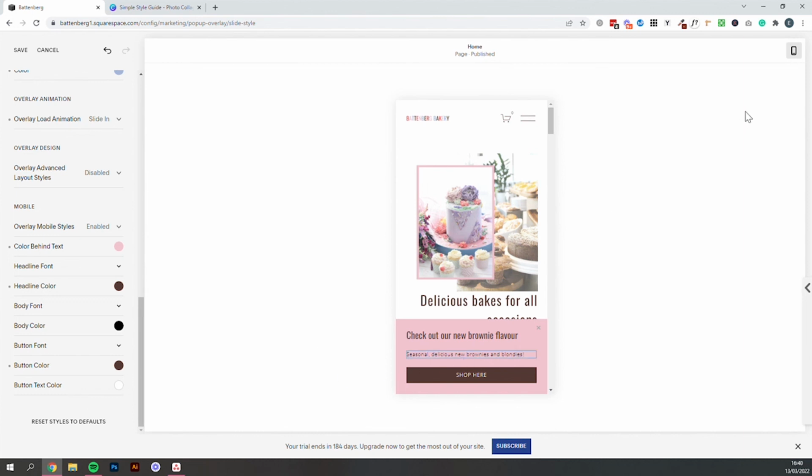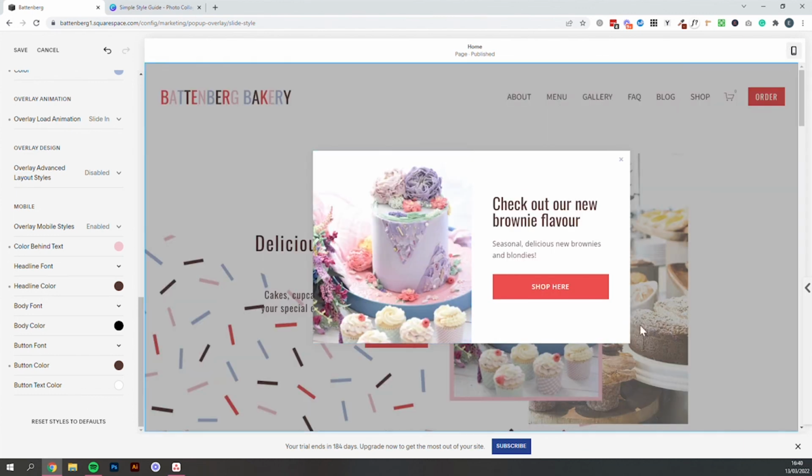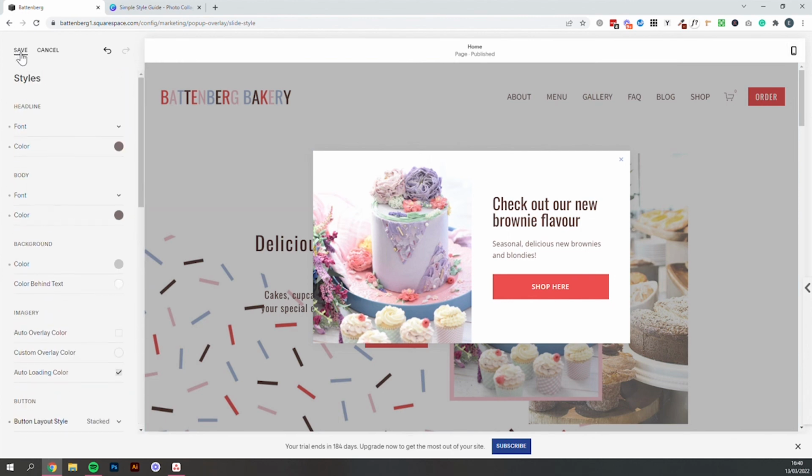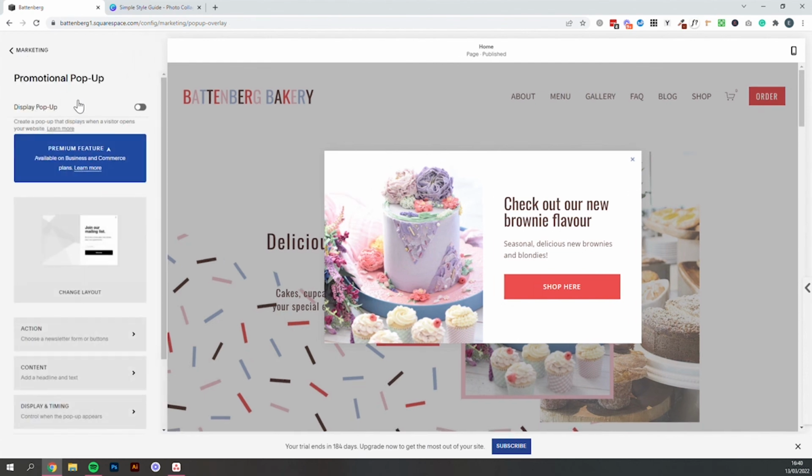And that's us. So we head back to our desktop, check everything's still looking perfect there. The last thing is to just remember to save all of our changes. Once you're happy with how that's styled, just make sure that's turned on. Of course, if you're on the business plan or the commerce plan, commerce advanced, you'll be able to have this enabled, and you'll be able to